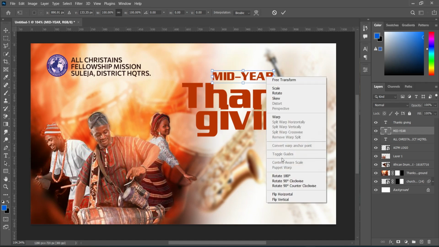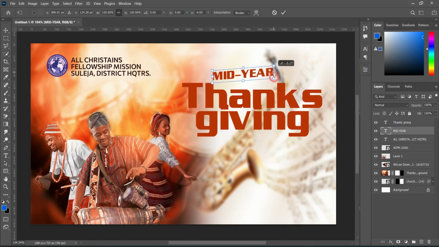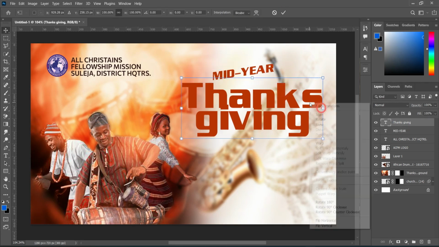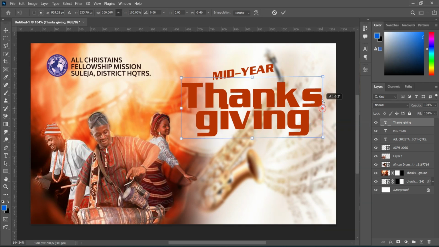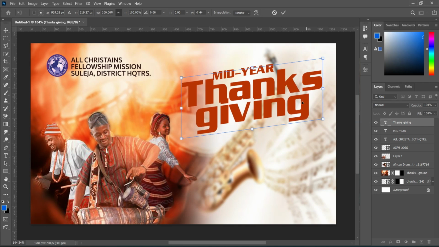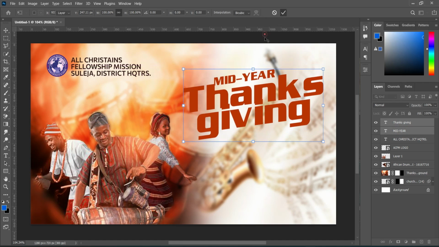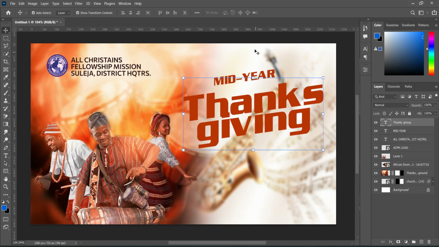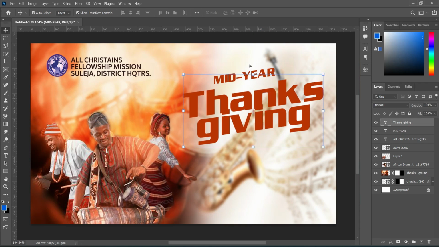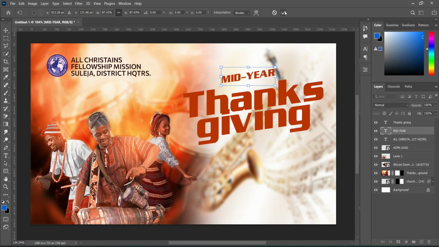Then right click and we are going to use skew, to change the direction this way. Also this one, select it, right click, then skew and change the direction this way. Then hold your shift key while you select the two text and bring it down this way. Sorry, this one should be around here, then this one should be around here, and this one we also need to reduce the size like this. It's okay,